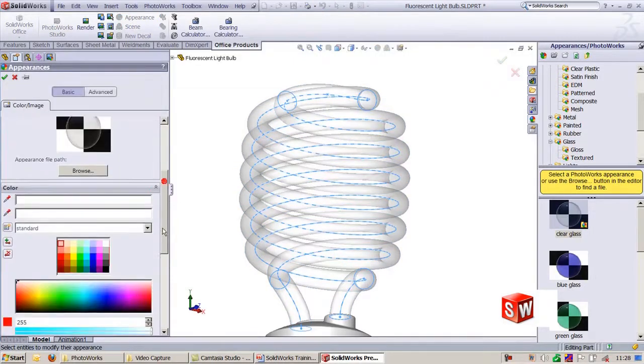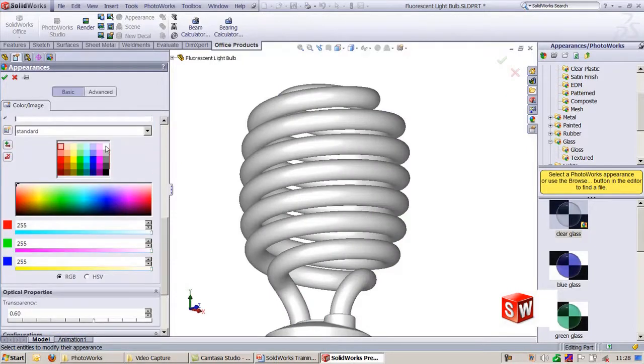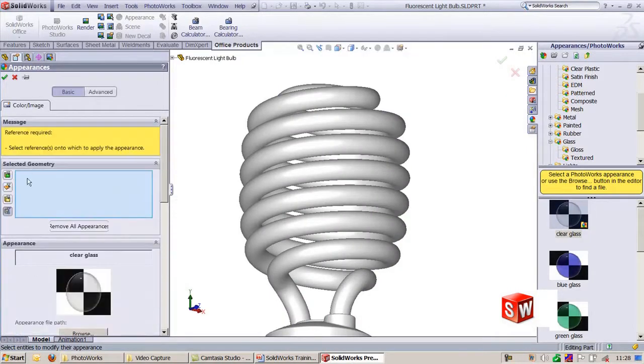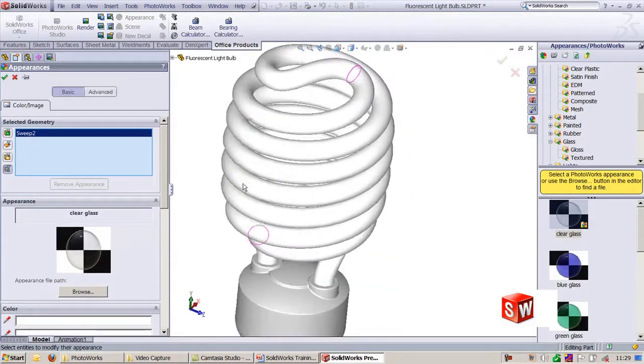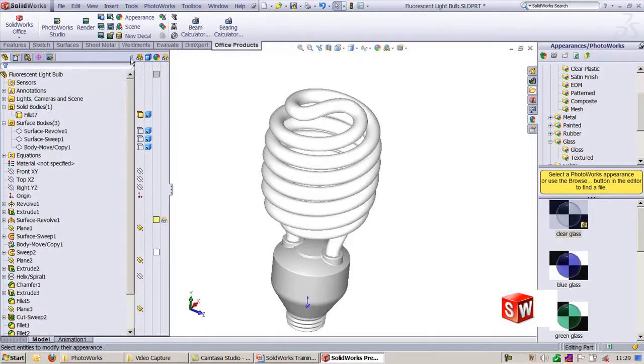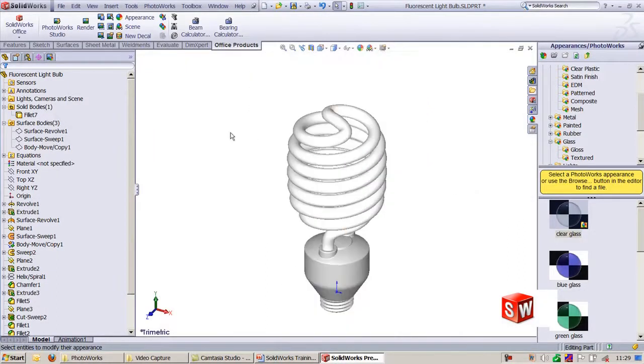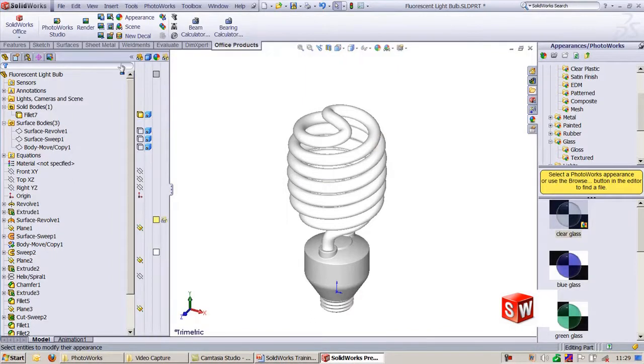Go to first remove this appearance and select from here, and you need to select the body where you want to apply this. And when you are selecting it, you have the advantage of applying on the one single face or selected face. I'll click OK here, and I will hide this. And this is how you can apply color for the entire part or for the specific bodies from this feature